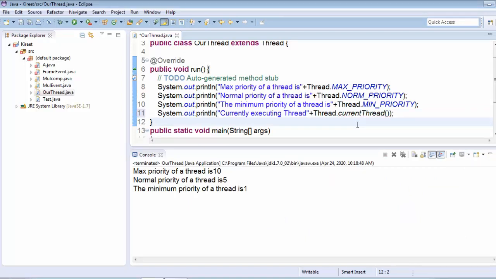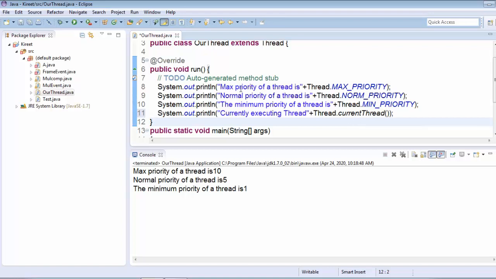This current thread method will return a reference to the currently executing thread object. What is the reference of that particular thread object, what is the priority of the thread object, and in which group is it running? It will show you this on screen.